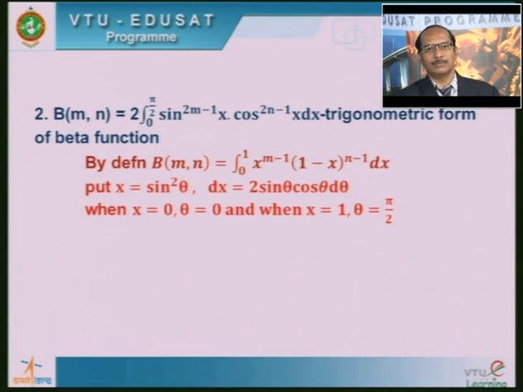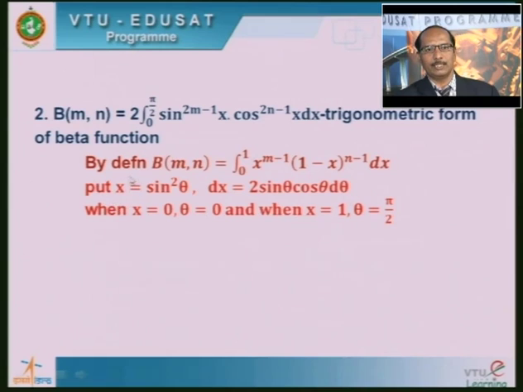So, dx becomes 2 sin theta cos theta d theta. While substituting x with theta, you also change the limits. When x equals 0, sin square theta equals 0, which means theta is equal to 0. So, when x equals 0, theta is also 0, and when x equals the upper limit 1,